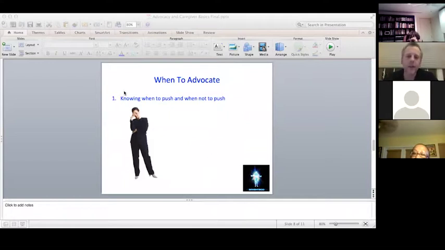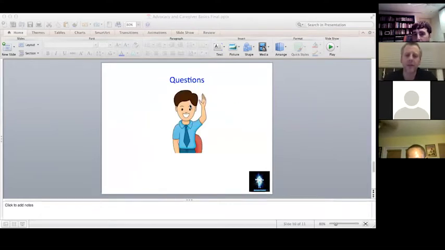So knowing when to push, how to push, and how hard to push is something that only you can tell. But be wary, because you don't want to spend all of your capital pushing for something that in the end is insignificant, so that when and if you do need something like a drug or access to better care, or to get your child in the first MRI slot, or to get your husband or wife seen immediately, you don't waste the capital that you could spend later on. So finding that balance is tough.